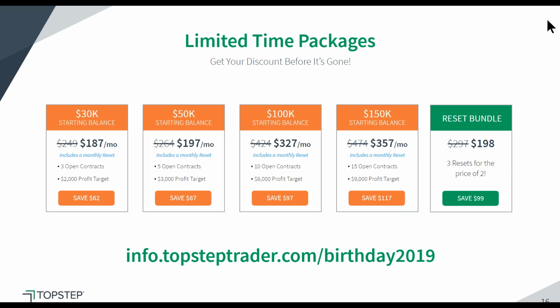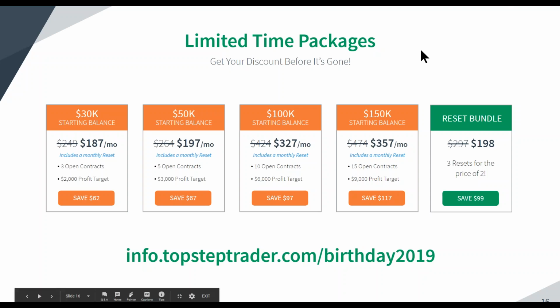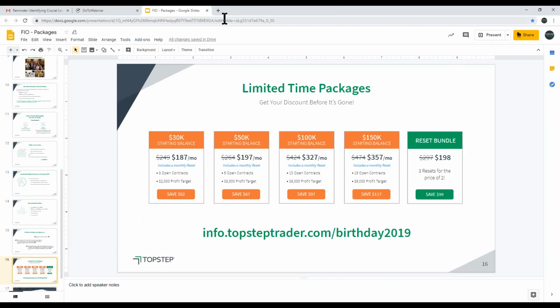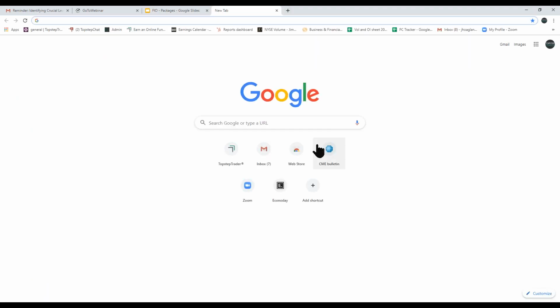Is the ES settlement price the 5 p.m. close? Oh, settlement price? That's a good question. It's approximately where the close of the 3 o'clock bar is going to be. Now, hang on one second. There is a bulletin that the CME puts out. Let me pull this up. And here it is.